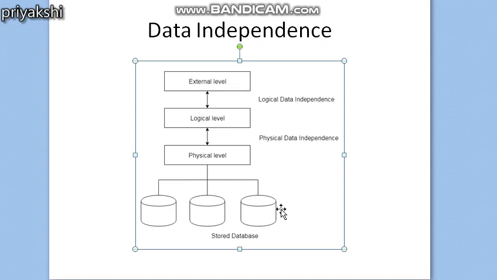Okay, next we will see physical data independence. Physical data independence is the capacity to change the internal schema without having to change the conceptual schema. In this case, the external schema need not be changed as well. So why do we need to change the internal schema? Changes to the internal schema may be needed for two or three main reasons.